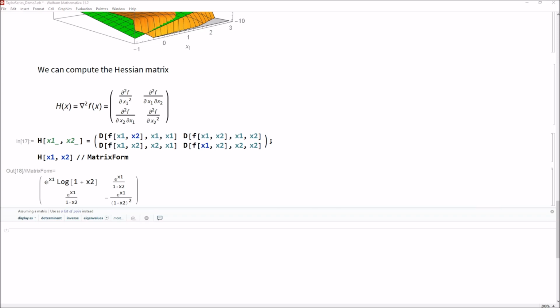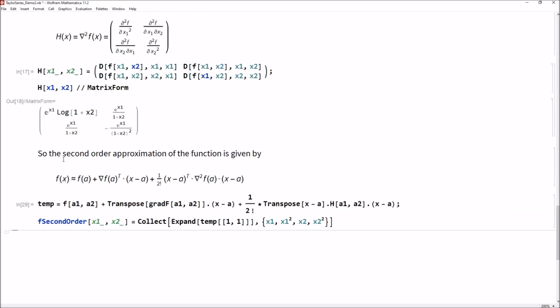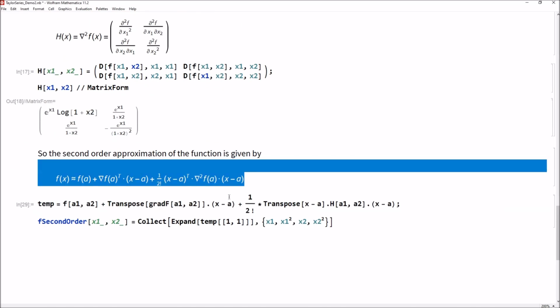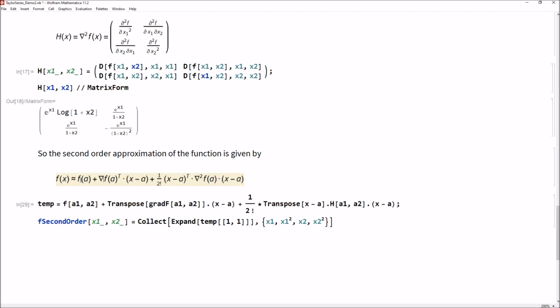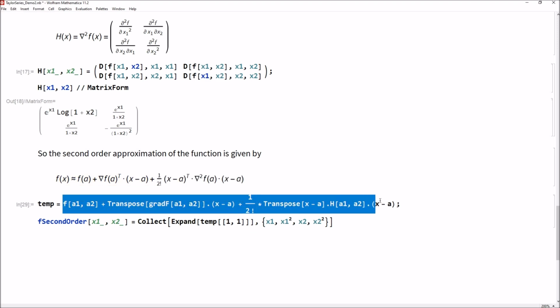We're on our way. Since we've got the Hessian matrix, let's go ahead and now compute the second order approximation. So again, this is what we wrote on the board. It is the first order approximation of the function plus this term here, which has the Hessian matrix, and basically you're going to get our quadratic terms. You can kind of see here's an x on this side and x on this side. By the time we multiply and do the dot products and the matrix multiplies, we're going to start getting some quadratic terms. So that's all we're doing right here, I am just writing it down in Mathematica,